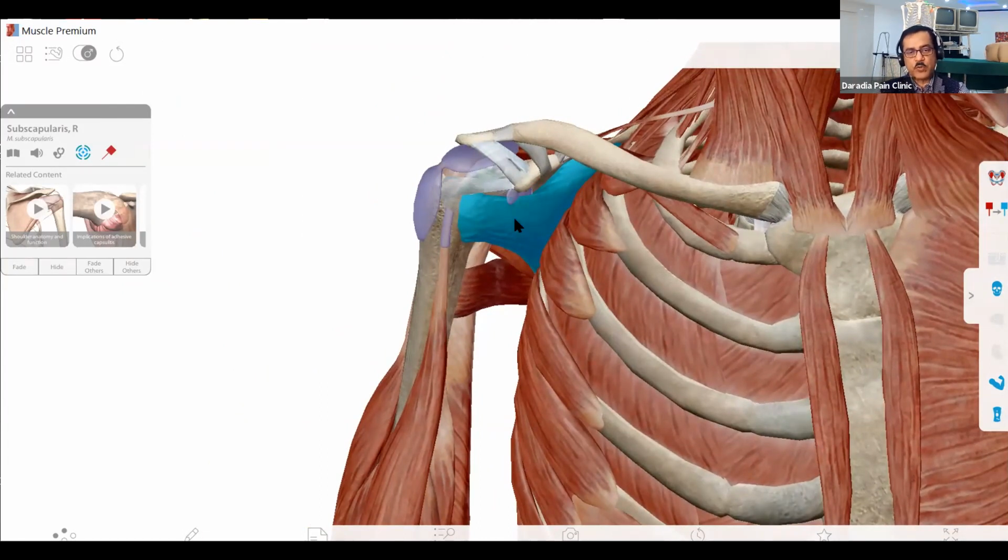So for the subscapularis, there is the subscapular nerve, upper and lower, and the root value is C5-6. Remember, for most of these muscles the root value is 5-6. If you remember, the dermatome and myotome are not exactly the same, but similar. So the dermatome up to the shoulder tip is your C4. Then from the shoulder tip up to the elbow, the lateral side of the arm, it is your C5. And C6 is from your elbow up to the thumb, the lateral side of the forearm. I'll be talking about this when we show the innervations also.